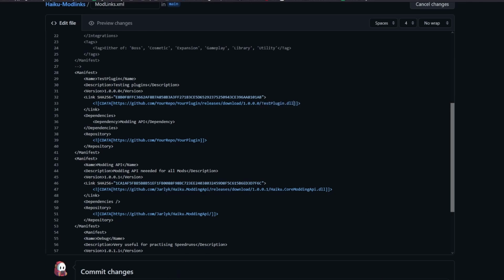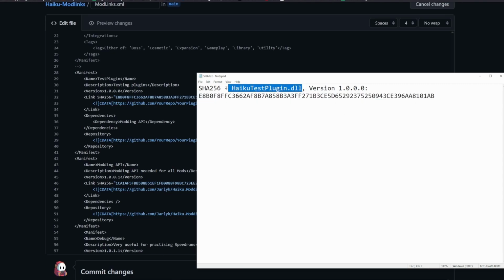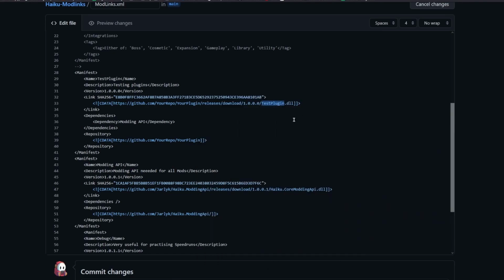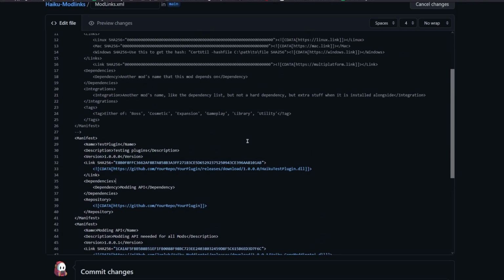I mean, you can also see the actual file in here. And that's how you add a mod to Scarab. Okay. I think that's it. Have fun modding. Bye.